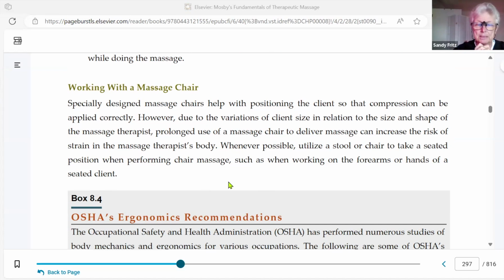I have never really been able to find, for long periods of time doing massage over and over using the various massage chairs, a really sustainable posture to be able to do that well. So